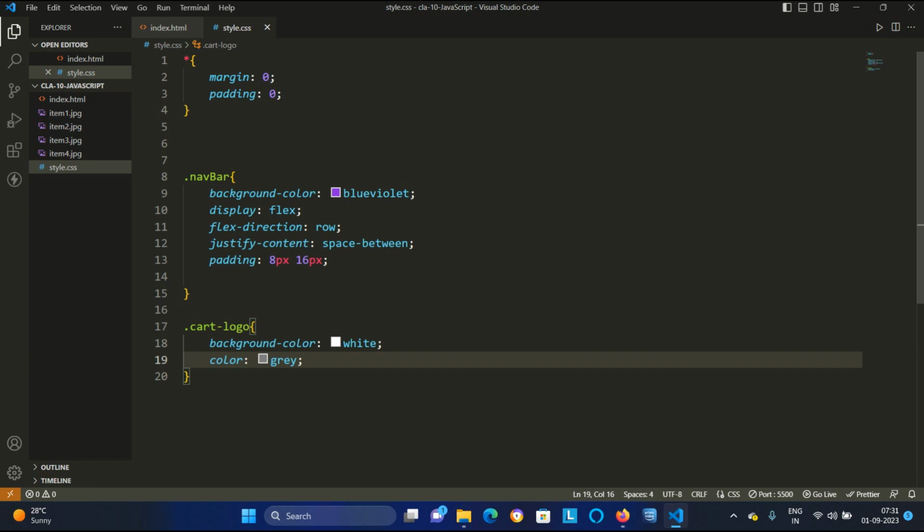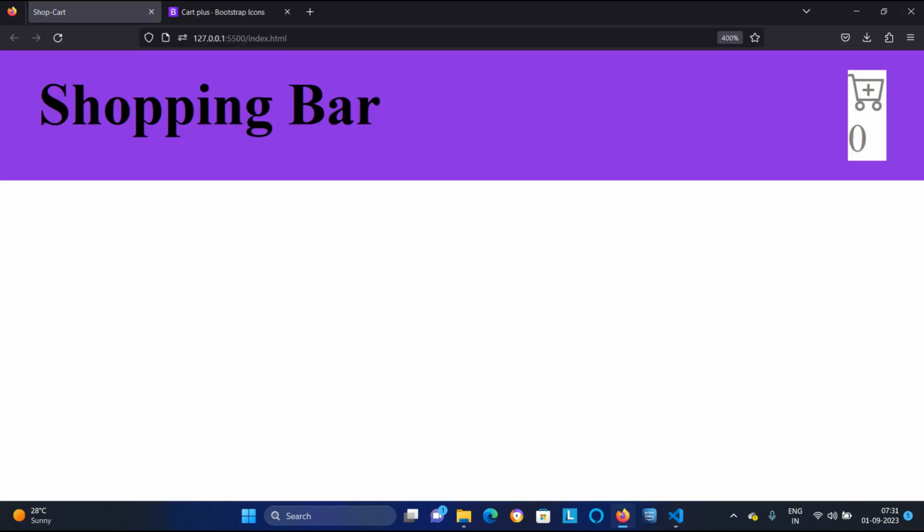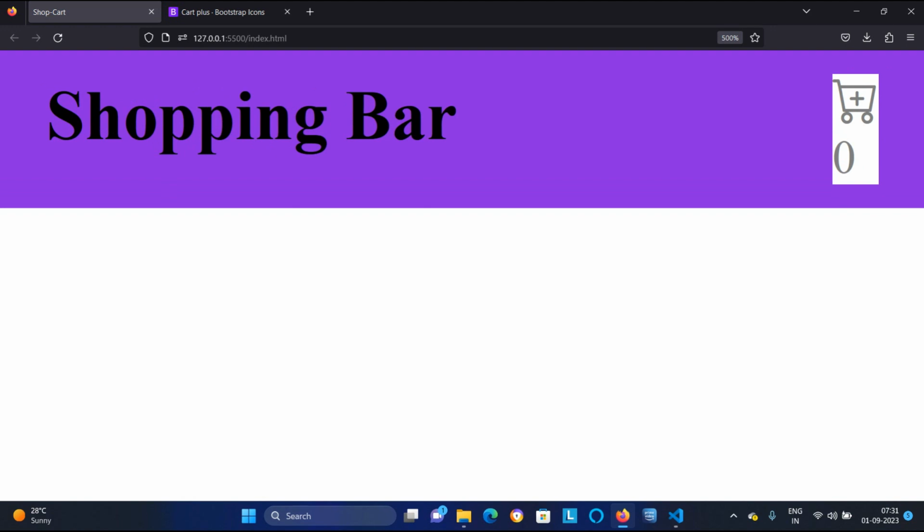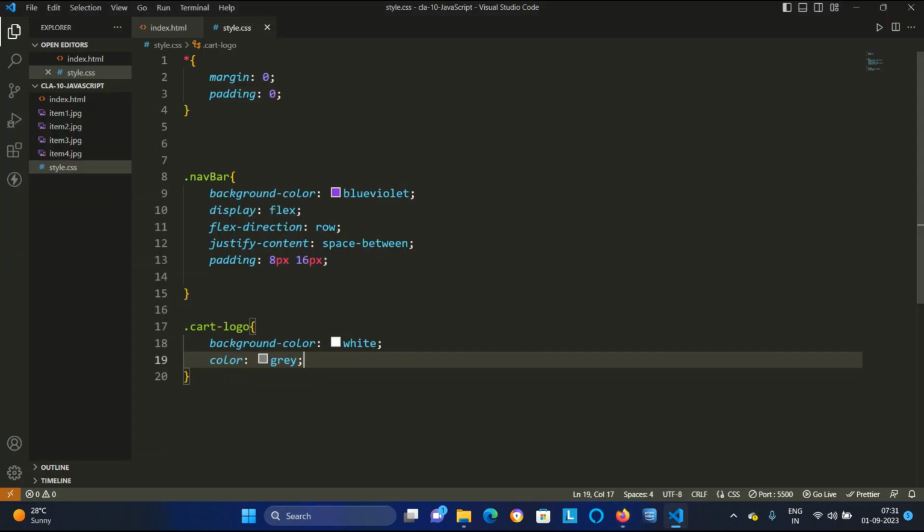Now if you carefully look into it, this is the background of this cart logo. So I think I should give some padding to it as well.